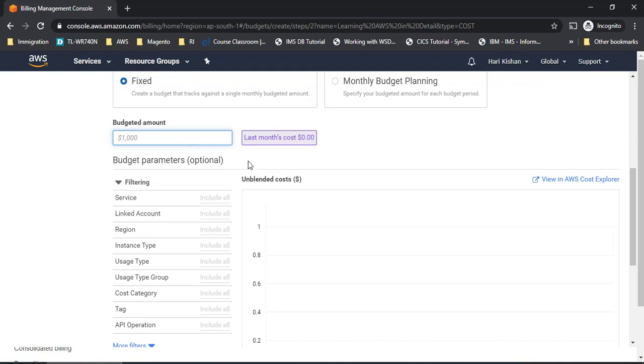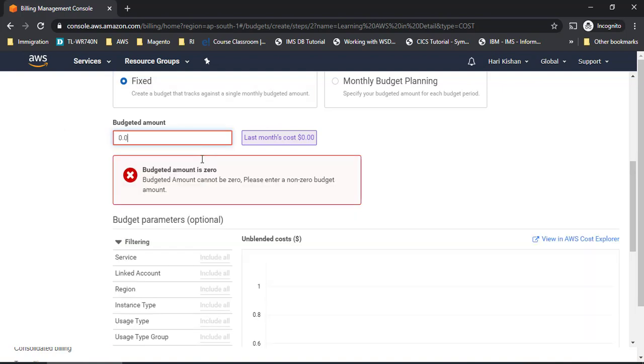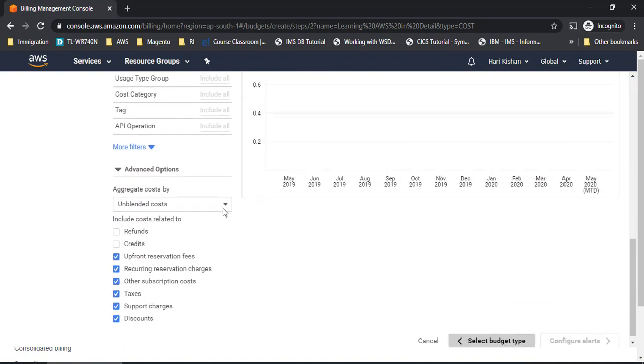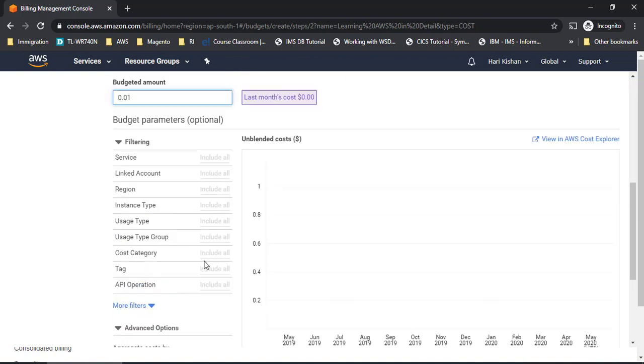So still $10 should be a good amount of money which you can spend to learn all the services. But if you still don't want to spend a single rupee or a single cent, a single dime, then definitely you can go with this amount as 0.01 cent, which is very, very little, right? And then I will say,